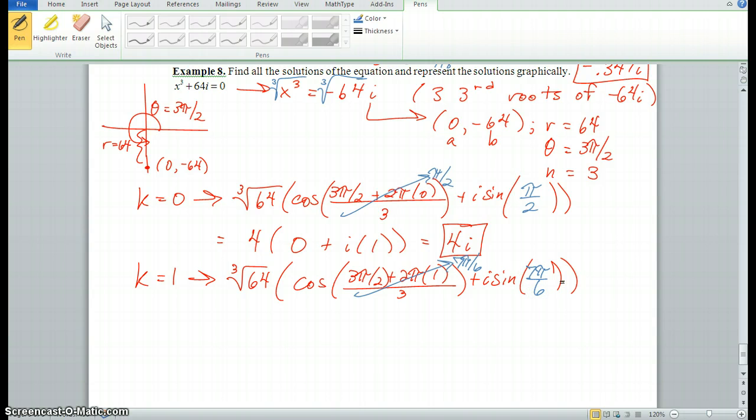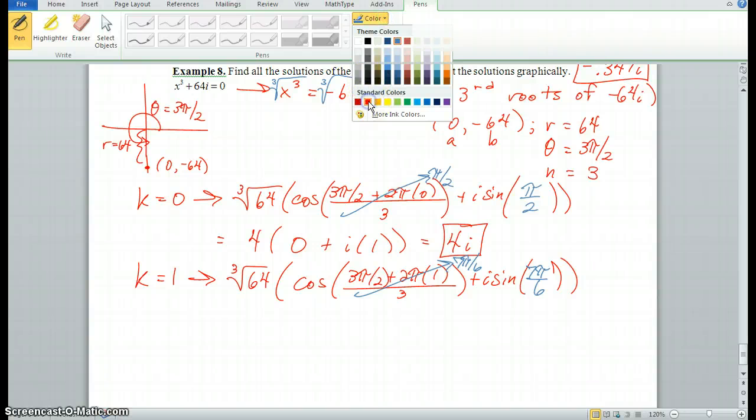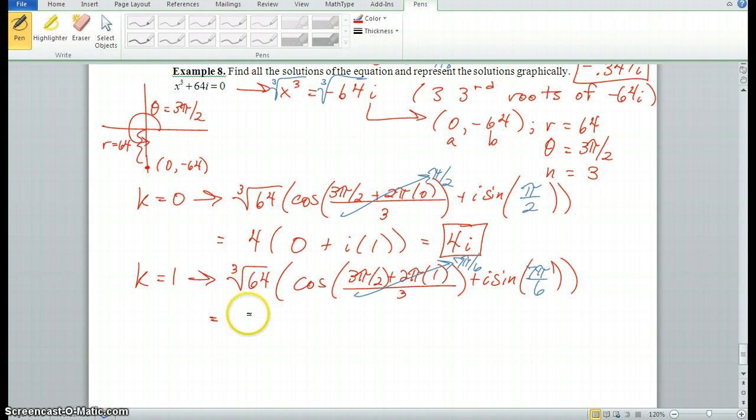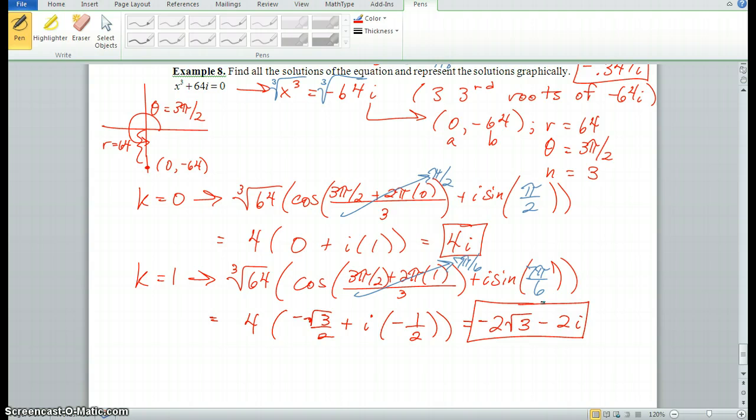Okay. Now, if we simplify this, we get the cube root of 64 to be 4, cosine of 7 pi over 6, negative radical 3 over 2, plus I, sine of 7 pi over 6, negative 1/2. Distribute, and we end up with negative 2 root 3 minus 2i. There is your second third root. And last but not least,